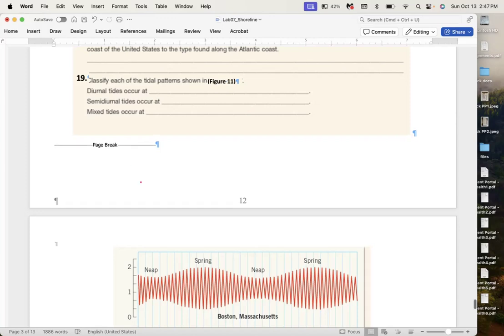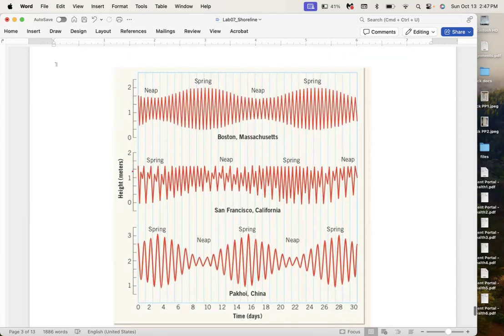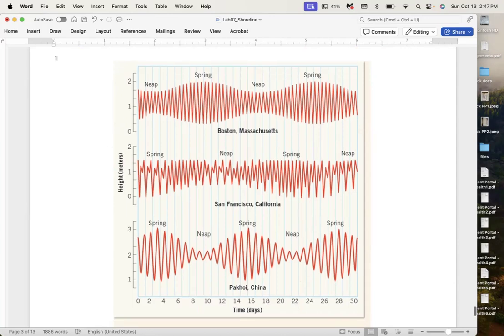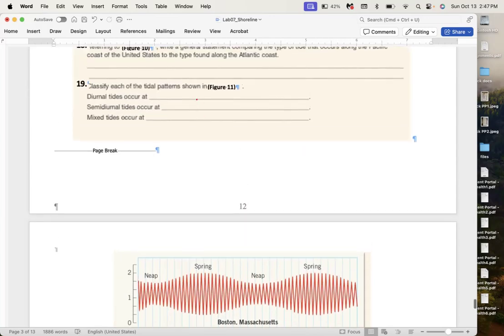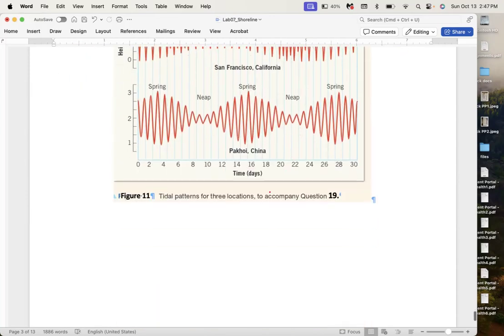So you would be expected to look at San Francisco, Boston, and an area of China and put each of those three in these. And so that is